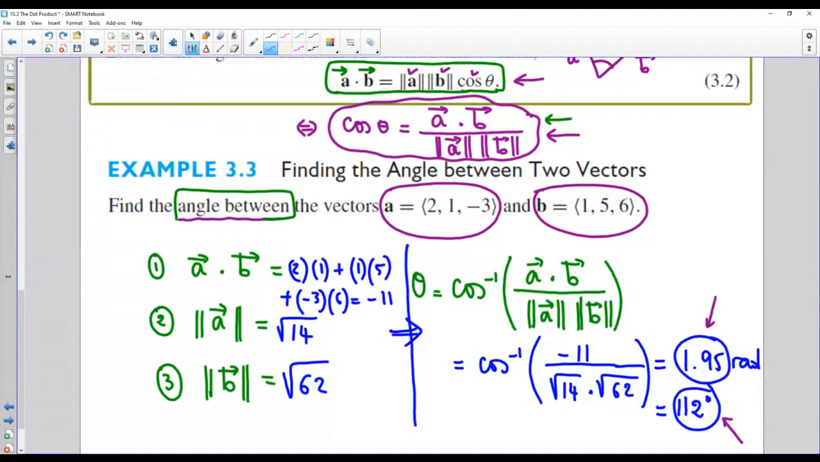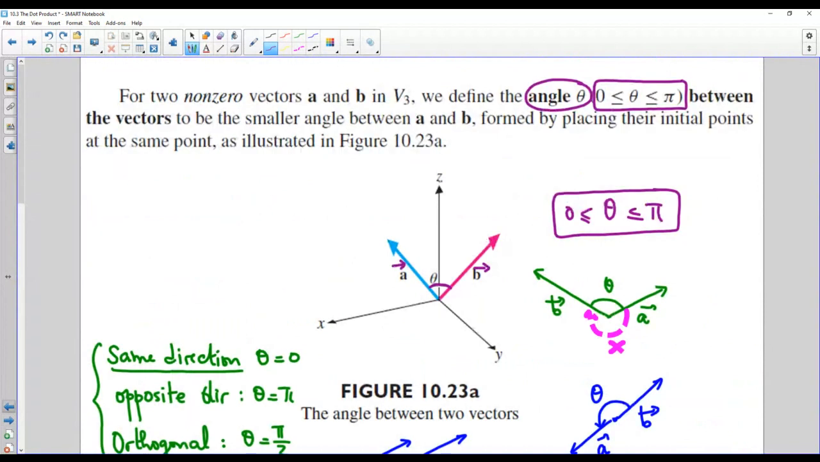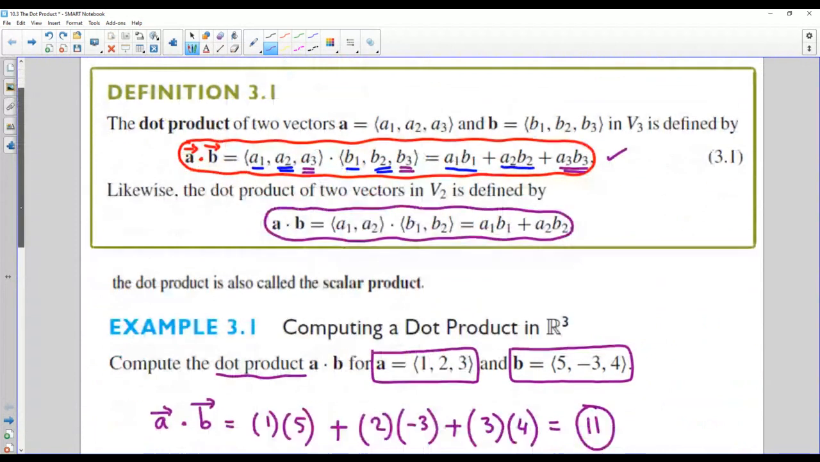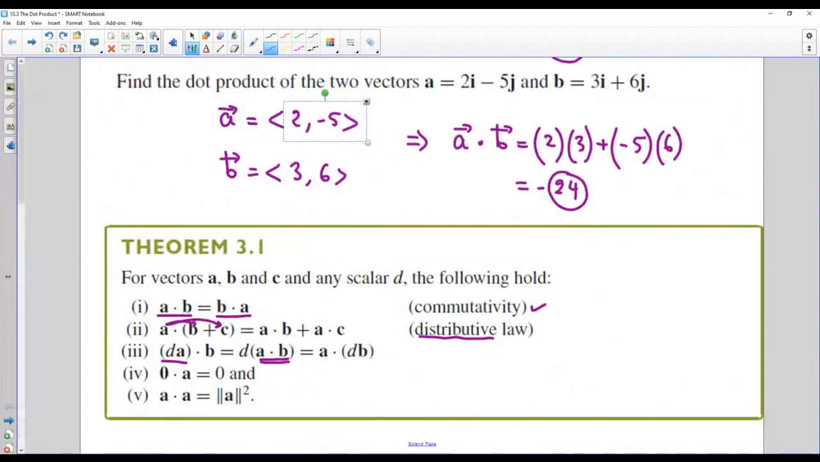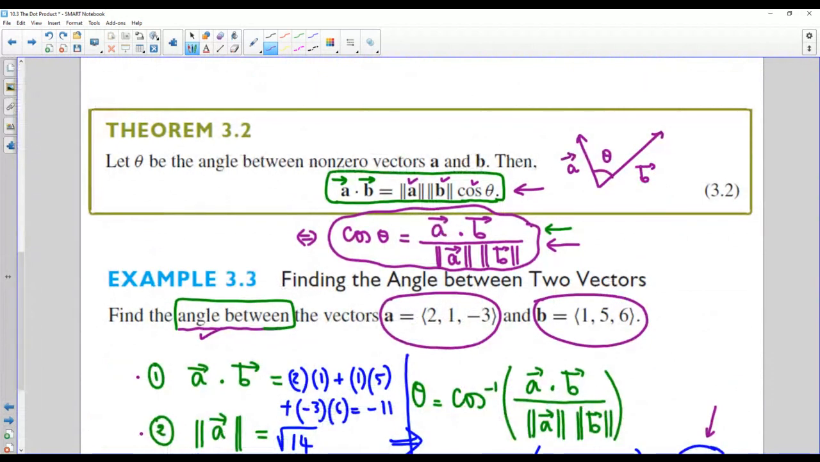All right. So remember, you want the angle between the vectors. There are three things you need to find: the dot product, the magnitude of A, and the magnitude of B, and then you use the formula or the rule that will give you the angle you are looking for. Of course, now, if we look at this rule that is given here,